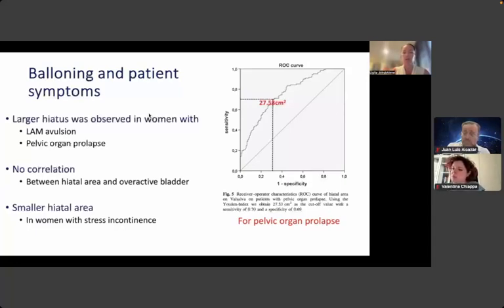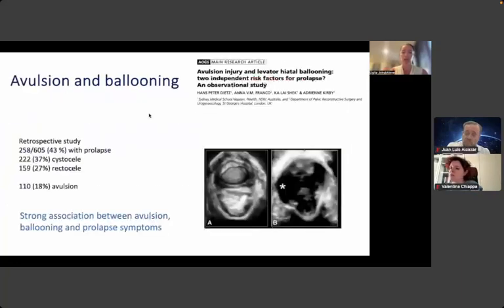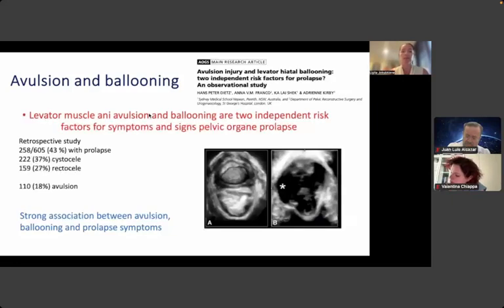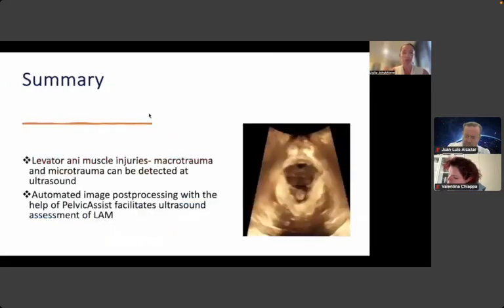If the hiatal area is very small, it may be associated in women with stress incontinence. It has also been observed that avulsion and ballooning may be associated with prolapse symptoms, and these are two independent risk factors for symptoms and signs of pelvic organ prolapse. So today I've shown you how you can use ultrasound to assess the pelvic